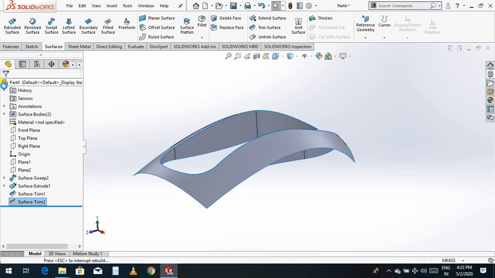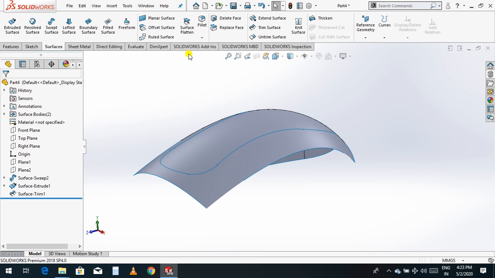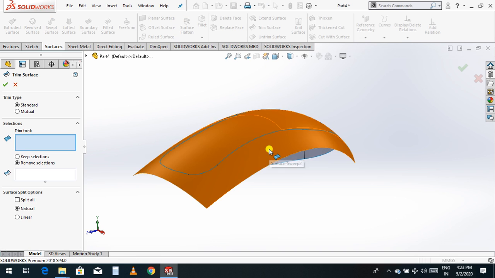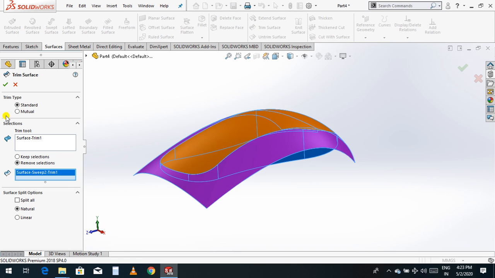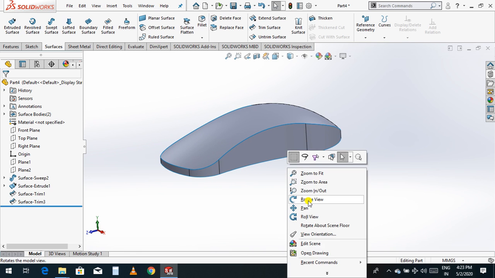Sorry, go to trim surface and this is our tool. Trim surface, select this one and this is the removable part, click OK. Yes, now I think the profile is completed.